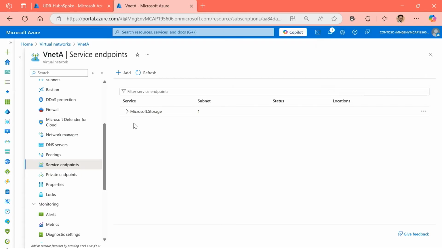However, to complete this configuration, I might need to go into my storage account to do further configuration, which we'll discuss a little bit more when we look at the storage in one of the next modules. For now, we have a service endpoint created. This can help me secure my connection to the storage or many of the services that we have listed on the screen in the past, and have a secure connection directly rather than sending this traffic over to the internet and bouncing it back onto my service.